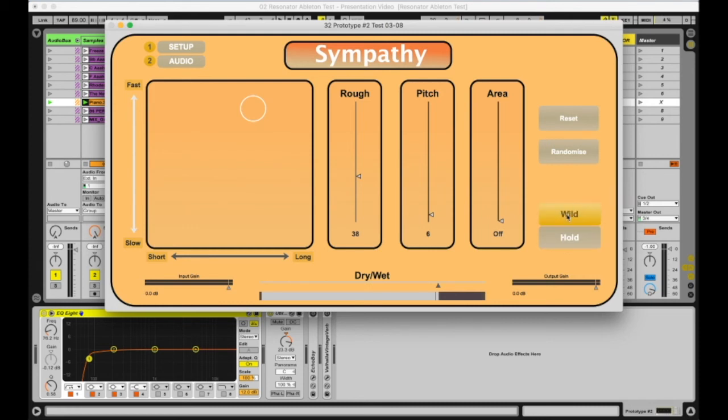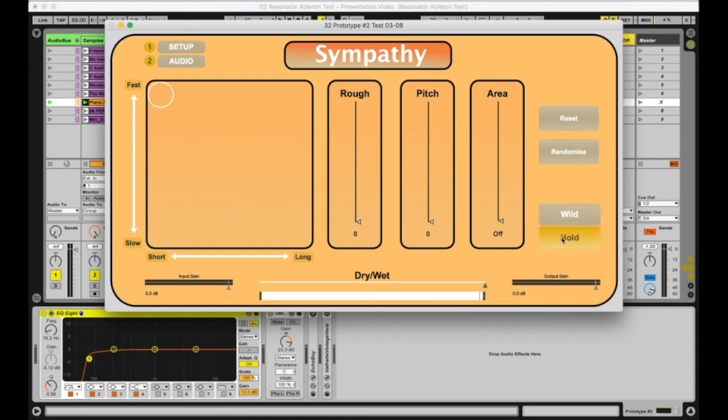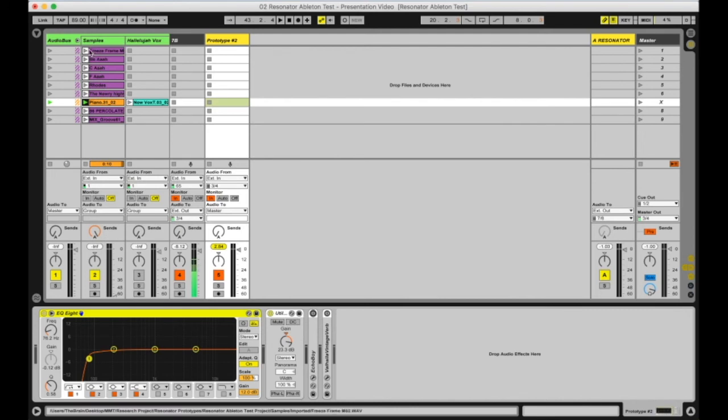Essentially, the wild, which is what we've been listening to so far, is when the resonator is constantly updating itself. It's always taking the incoming audio and adapting constantly. But when on hold, it takes the last lot of information it has analyzed and it holds on that. It doesn't move. It doesn't continually adapt anymore. And so you can use this to apply the spectral thumbprint of one audio source onto something else, which I'll show you now. So for instance, if we go back to one of the vocal drones,